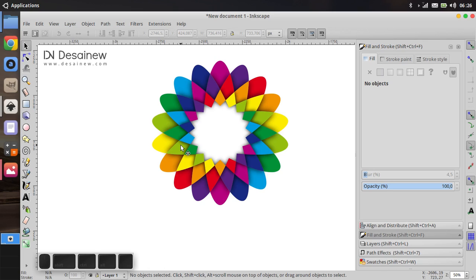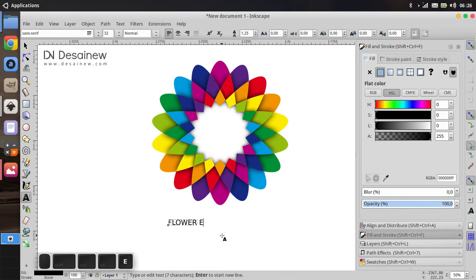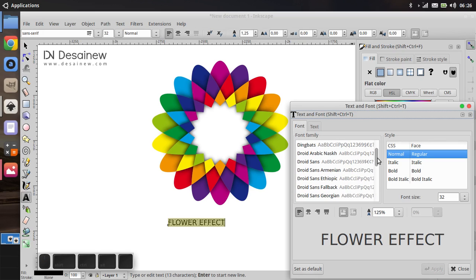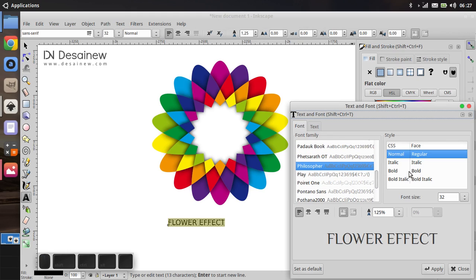In the final step, we create the text flower effect. I use the font type Philosopher, and for style it is bold.